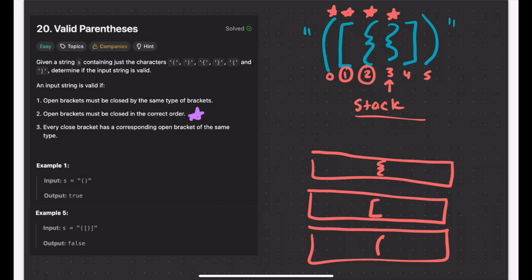So I'm going to look at the top of my stack, and I'm going to ask, okay, is that the right kind of bracket that it's being opened by? Yes, it is. So I'm going to pop the top of my stack, and I'm going to move on. So next I have this closed square bracket. Again, I'm going to look at the top of my stack,